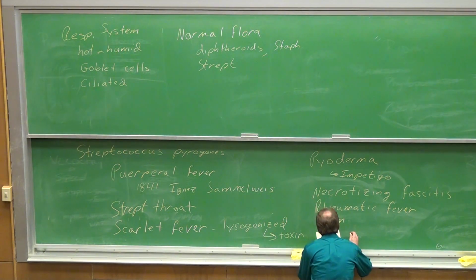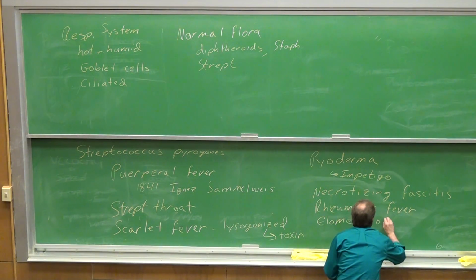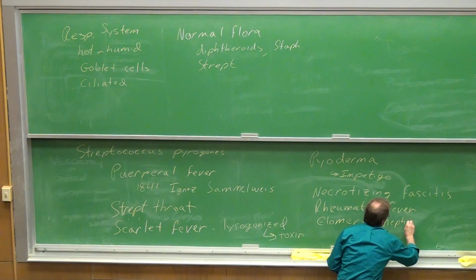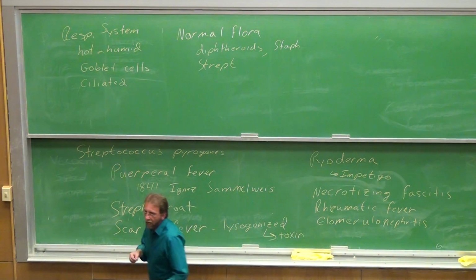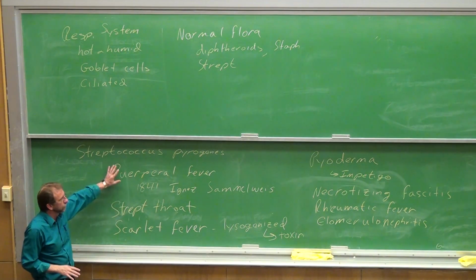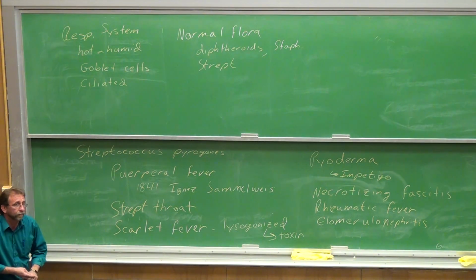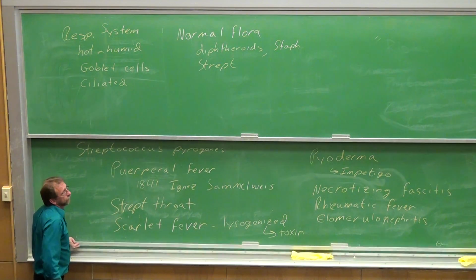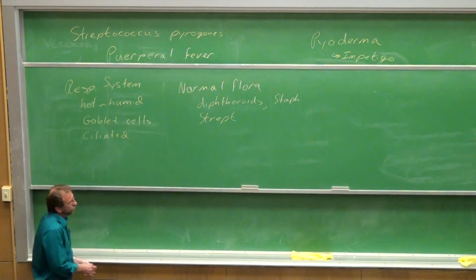So my point in throwing all of these up is that you can see this one microbe causes several different conditions. What we've got listed here is 7 different conditions, and this probably isn't all of them. There are other things that it may be responsible for as well. How is it then that this